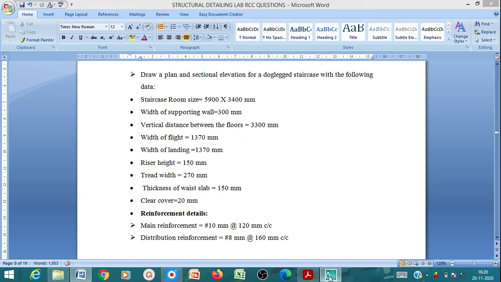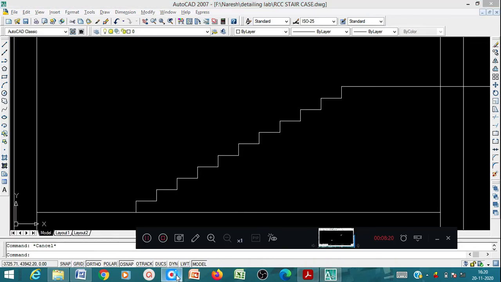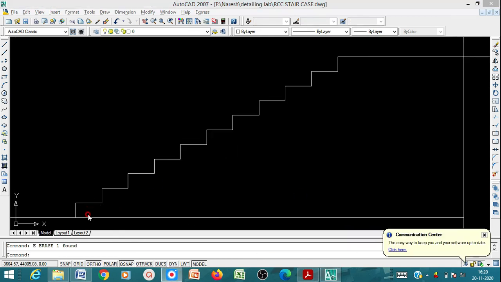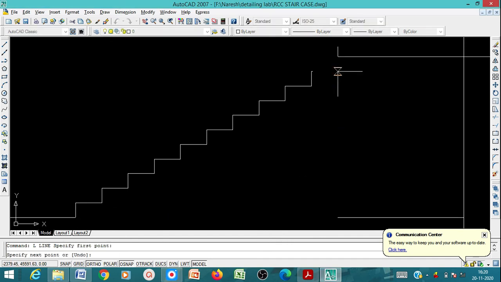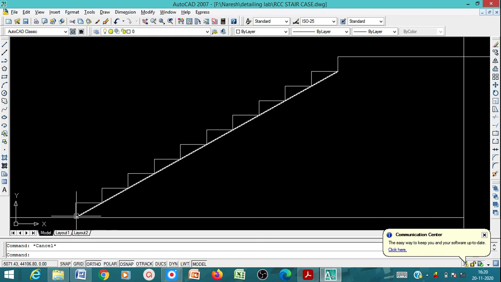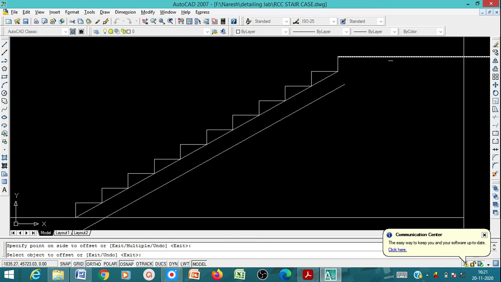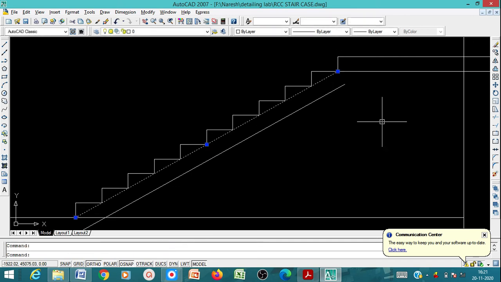What you have to do here is draw a line from the first riser to the last riser. Then you have to give an offset of 150 mm. That is the waist slab. Then you have to join that.